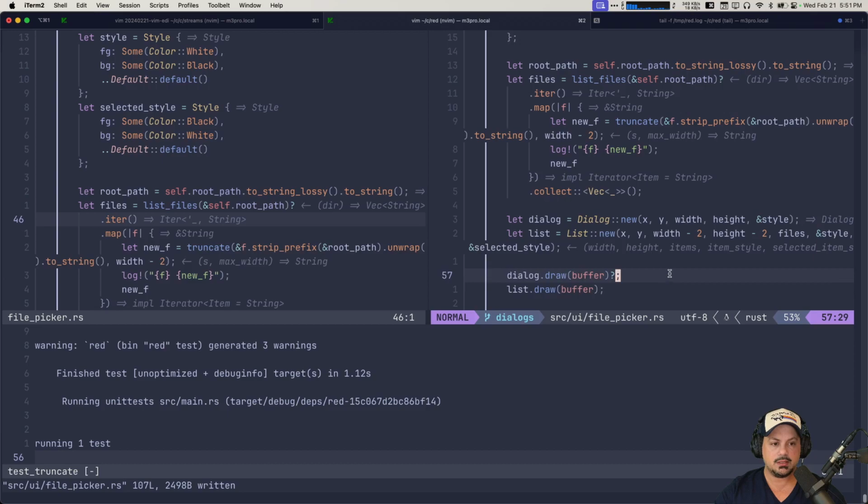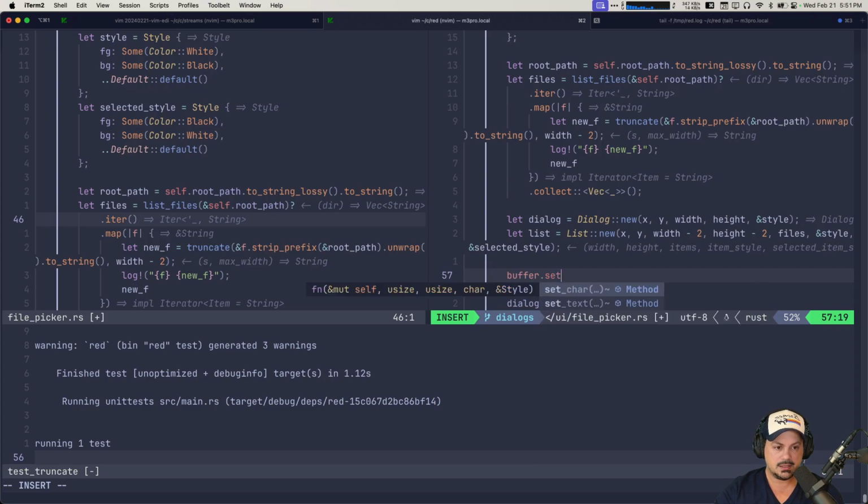In between here, we want to draw a line. So let's think. Height -2. So we can do buffer dot set text. We can do x, height -1, and we can do this guy